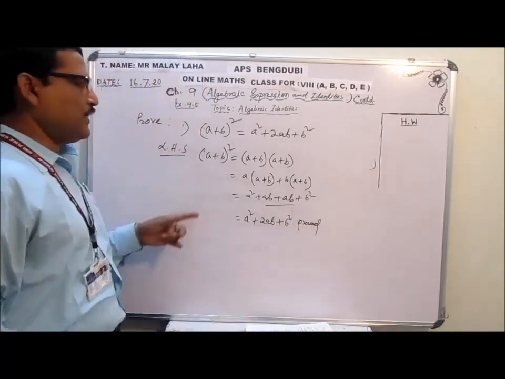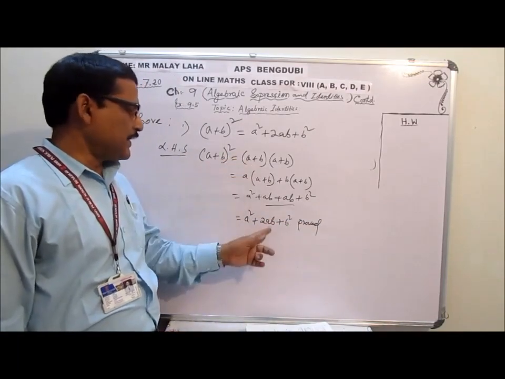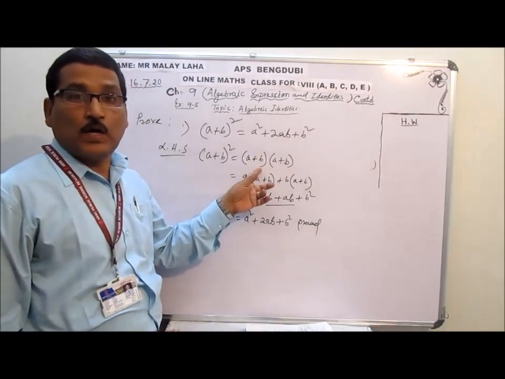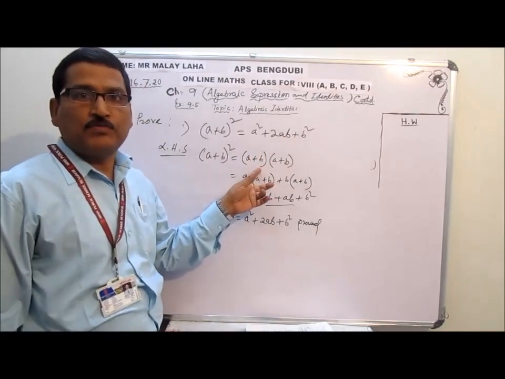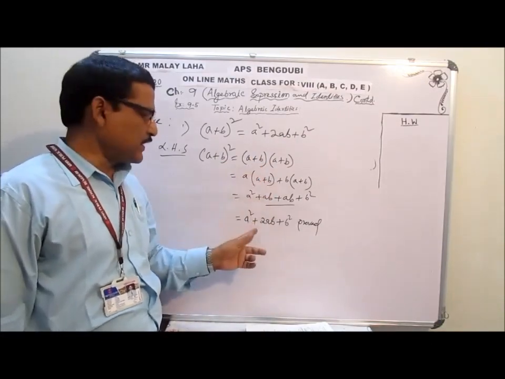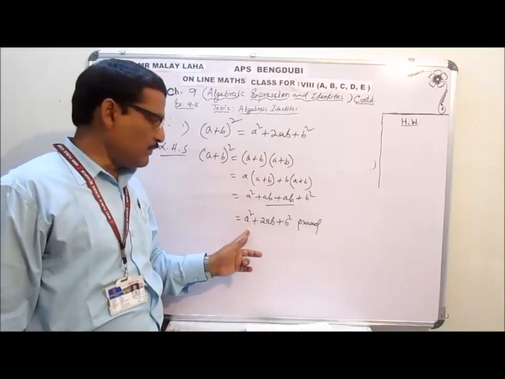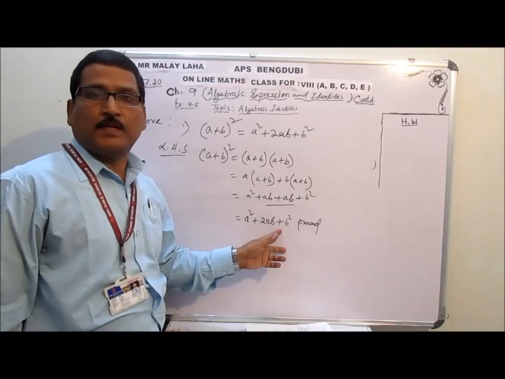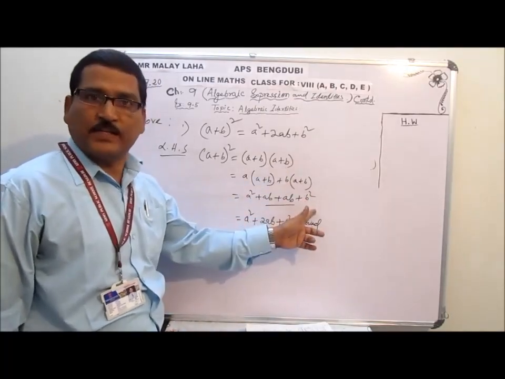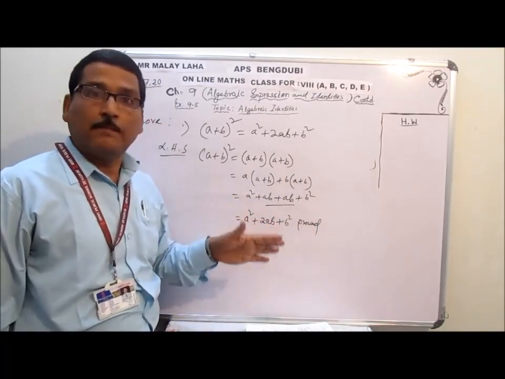So that means when any number is in the form of (a plus b) whole square, we can directly write down a square plus 2ab plus b square. No need to multiply. What I am doing here is reducing our multiplication. If we follow identities, within a very short time we can calculate. When (a plus b) whole square is there, you directly write down the number in the form of a square plus twice ab plus b square. After that, put their values, you will get the answer. No need to follow so many steps of multiplication. So it comes to us to reduce our multiplication part.